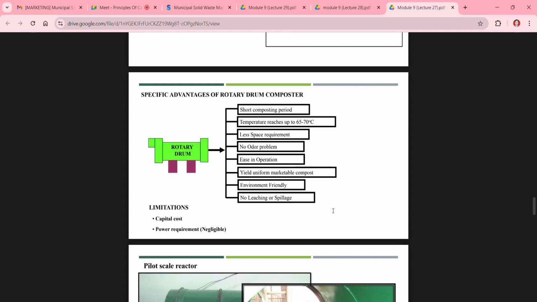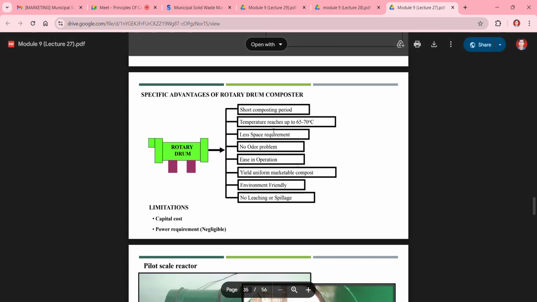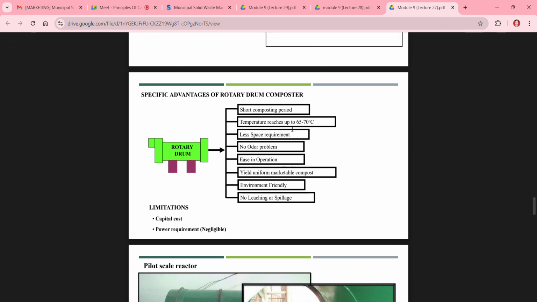However, if you feel that more decomposition is required in that compost system, then after 3 or 4 days we can go for an aerated or static pile system to provide further decomposition during the decomposition process. Okay, and then in the rotary drum composter, temperature can reach up to 65 to 70 degrees Celsius, which is the ideal temperature for the composting